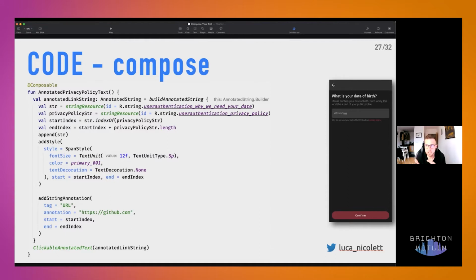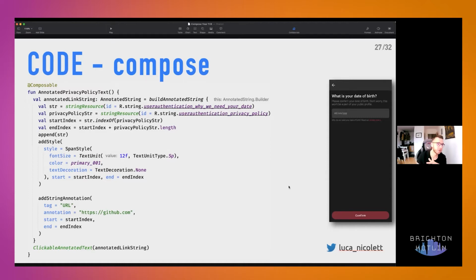We get the indexes, we add the enter string to the annotated string, and we then add the style in the correct position of the string, adding as well the annotation, which is a URL from start to end index. Well, it's now pointing to GitHub, just didn't want to showcase our link for the privacy policy.